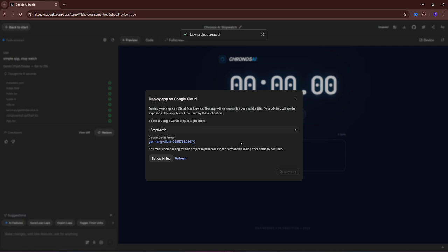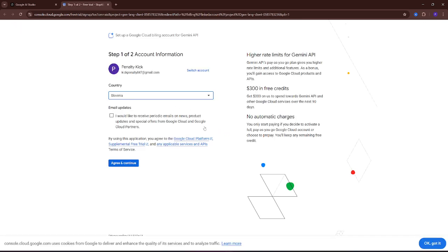Now comes an important part, which is set billing. To deploy the app or launch the app, you will need to set up billing for your Google Cloud project. So click on set up billing, and you will be redirected to the Google Cloud console. Here you will follow the steps, enter your details,